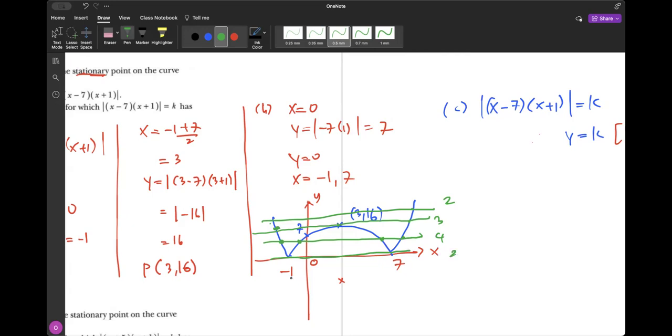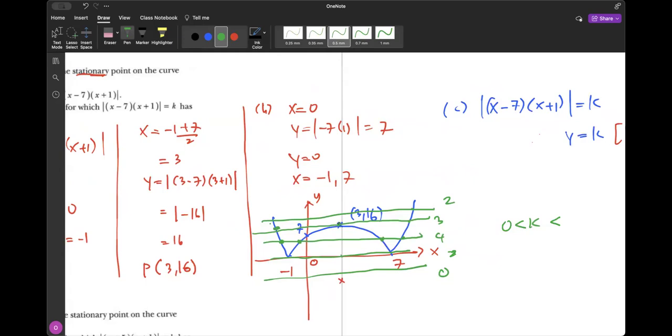2, this is 2. How about this line? How many? 0. 这个就没有。So you have to look for. That means now if the line is in between these 2 points, then you have 4 points. 这条线如果是在这个点跟这个点之间呢，它就有4个点。Okay, that means the k value must be more than 0， 它大过0。